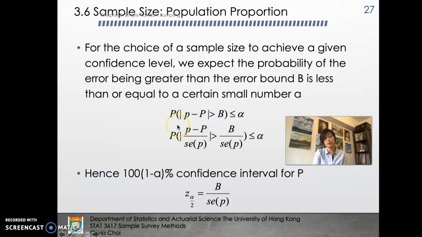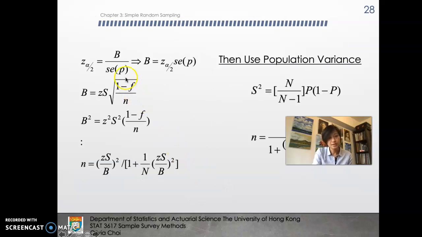Okay, in other words, we try to find that the probability of the error, which is the estimate to the true value, greater than our bound of error is indeed very small, less than or equal to our significance level alpha. Okay, standardize both sides, and then we can relate the critical value equals the bound of error divided by the standard error of P. Put this around, the bound of error is equal to the critical value multiplied by the square root of the